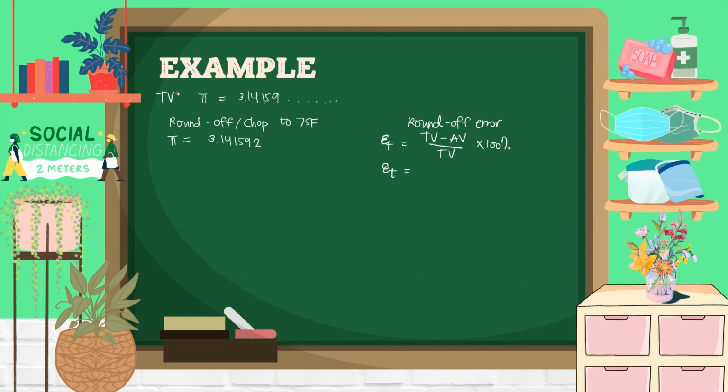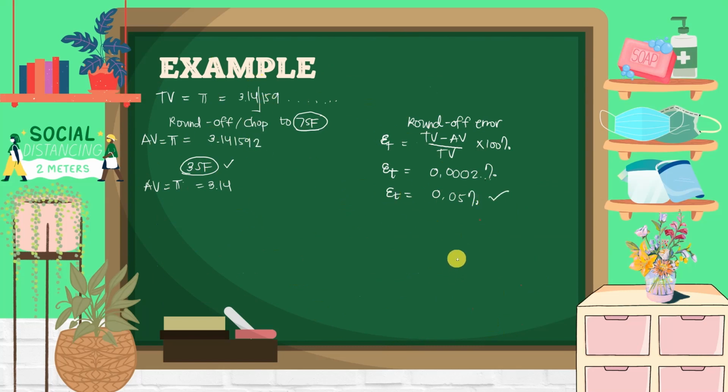This is the true value. This is the approximated value based on the 7 significant figures. True percent relative error will be 0.0002%. So, i-round off naman ay let's say 3 significant figures. So, pi will be equal to 3.14. So, ang ating epsilon sub t will be 0.05%. The more na nagkaroon tayo ng lesser na significant figures kasi nag-chop off tayo, the more na mas malaki yung